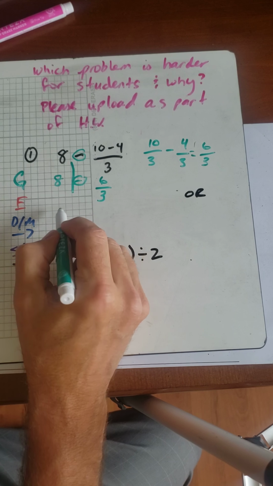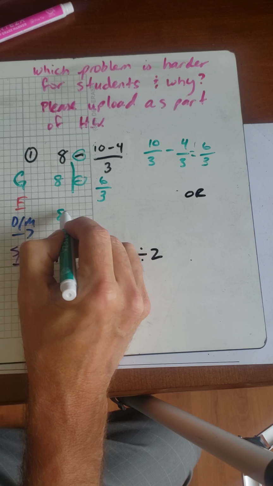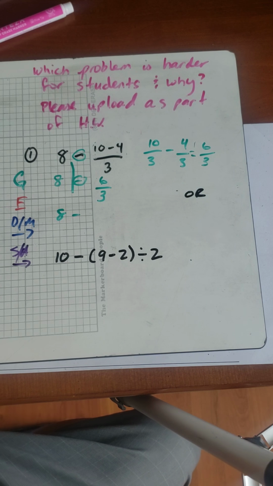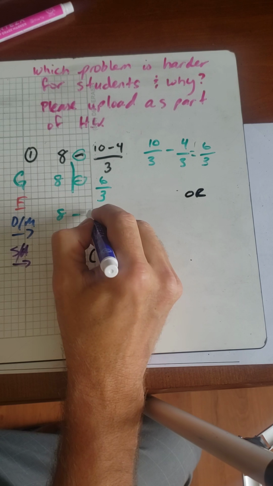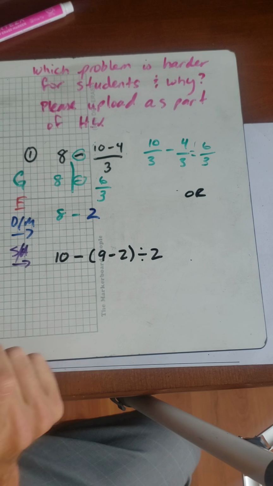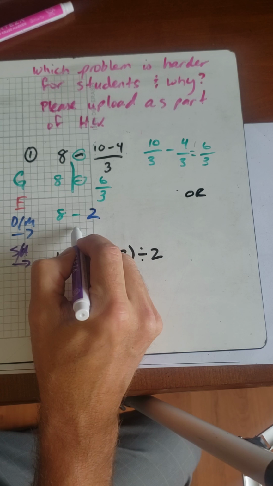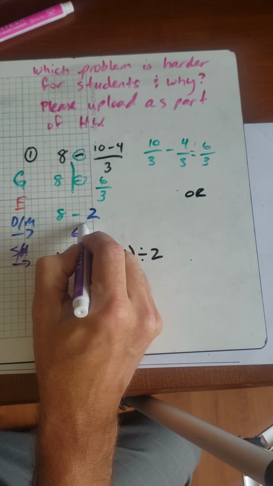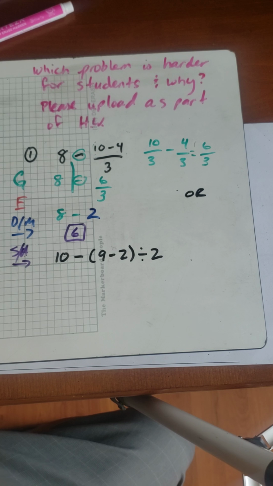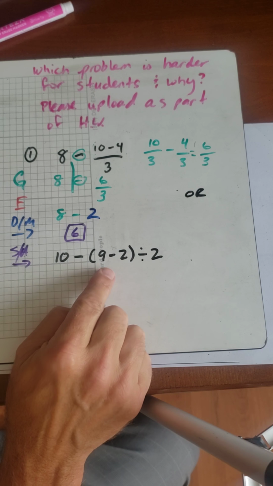This is not done yet, so I'm just going to keep bringing down my groups that are done. And here I have 6 divided by 3, which is 2, like that. So now it's 8 divided by 2. And my last answer, of course, you do the subtraction left to right. So that is 6 for my final answer. Okay. Now when I look at this one